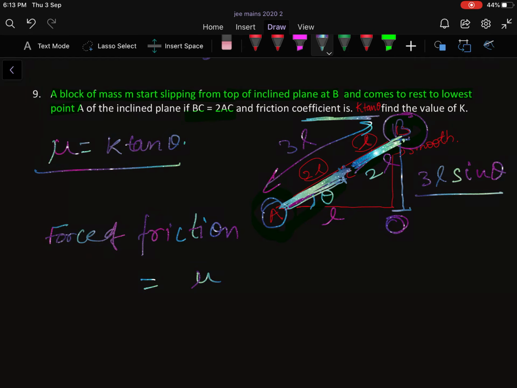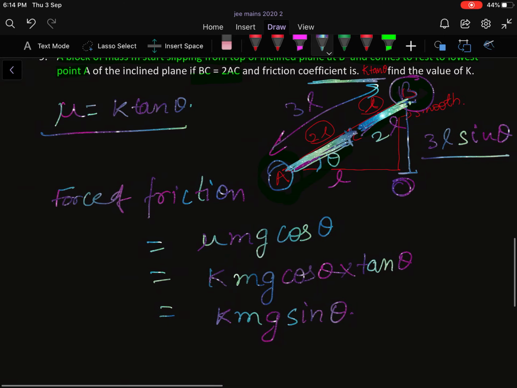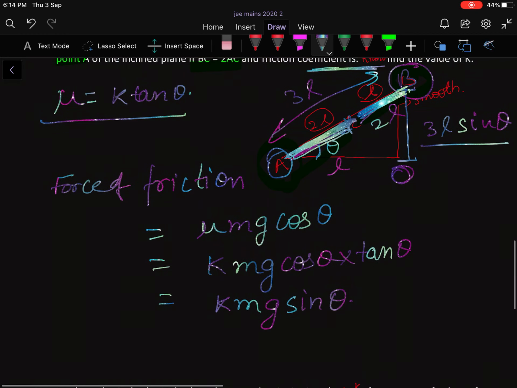is mu times N. Normal force is mg cos theta. Correct? And mu here is k tan theta. So k mg cos theta into tan theta. And tan theta is sin theta by cos theta. So it will become k mg sin theta. Okay. Now we know that this is the force of friction. So the energy lost due to friction is